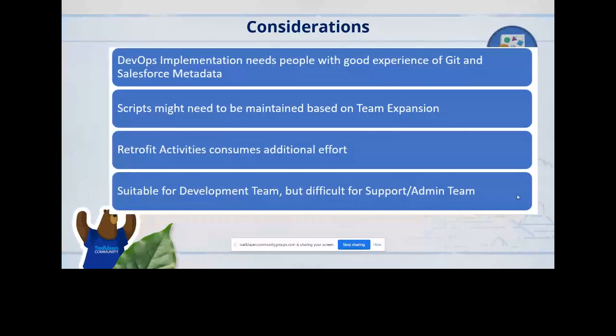Whenever we are having additional branches or additional teams, we might need to make changes to have additional process in place. And retrofit activities. This is something that we are currently experiencing. When you want to do the retrofit, there might be conflicts. That is, two environments might be having the same profile changes. And when you are trying to retrofit the production changes back to your environment through GitHub Action, it will show you the conflict directly in GitHub, but the resolution might not be straightforward. You need to have some kind of Git operation understanding to solve those files.